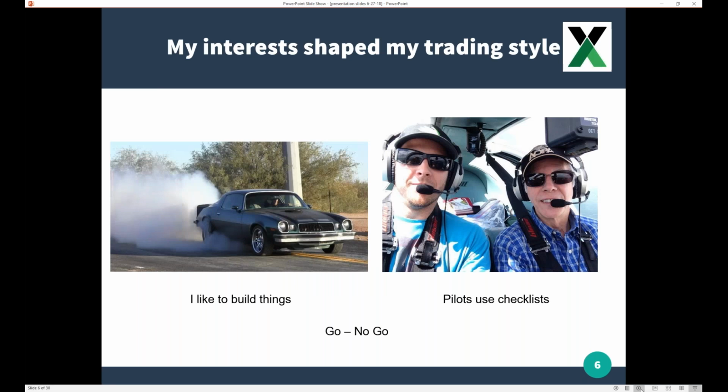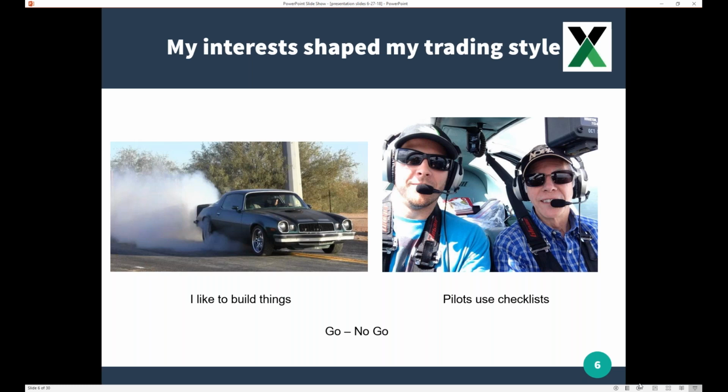Obviously, my interests shape my trading style. I think that's pretty important for a lot of people. Some people are loose and fast, some people are tight, some people are precise, some people can kind of just look at this like reading music off a sheet. So on the left is my 1977 Camaro. I restored this when I was in high school. I still have it today. I love to take it out, go racing, and take it to car shows and just have fun with it. But as I said, very mechanically oriented.